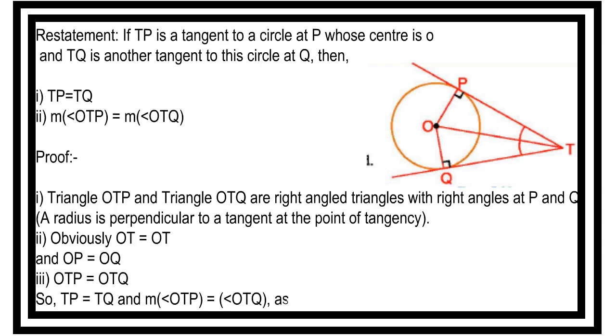3. Therefore, triangle OTP is congruent to triangle OTQ. So, TP equals TQ and the measure of angle OTP equals the measure of angle OTQ, as